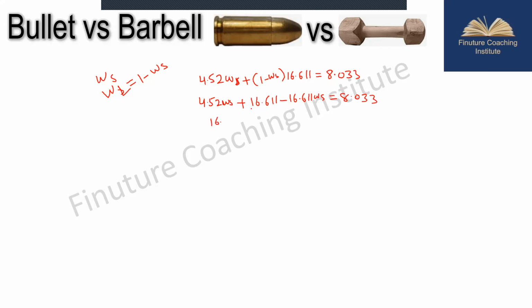Let me keep this term over here and bring this 8.033 on the left hand side, minus. I'll shift these two terms to the right hand side. So this minus term will become plus 16.611 WS minus 4.52 WS. That is the weight of the short-end bond. So if you do this subtraction, you will get 8.578